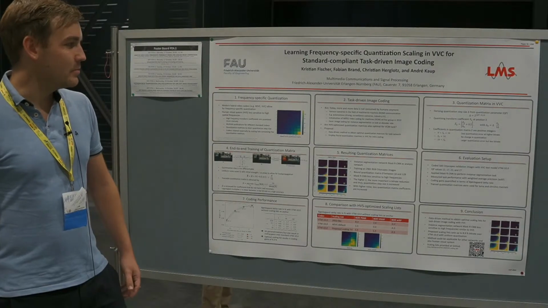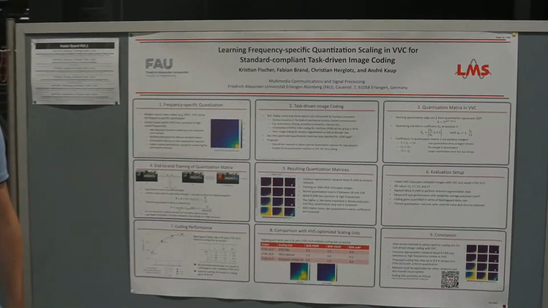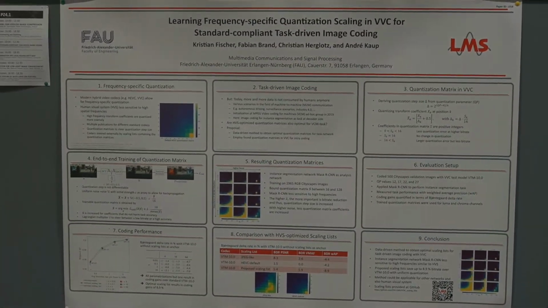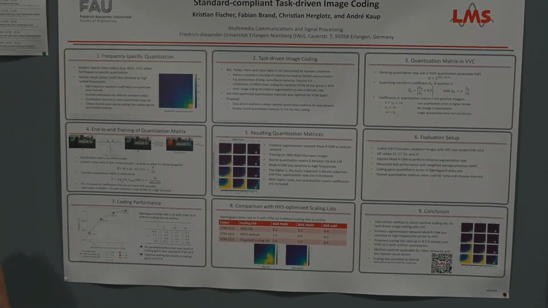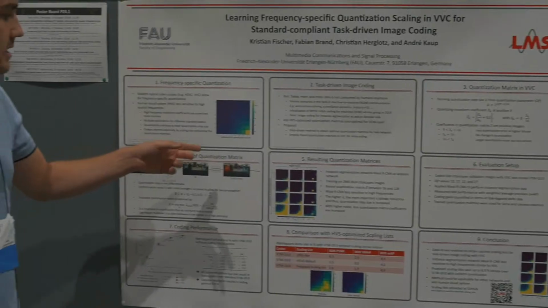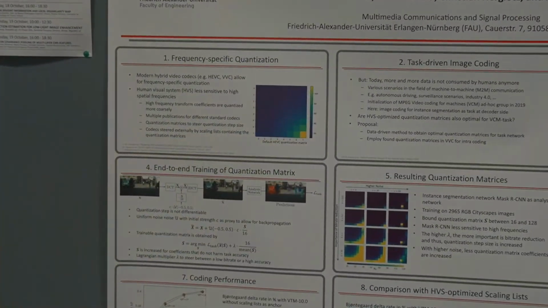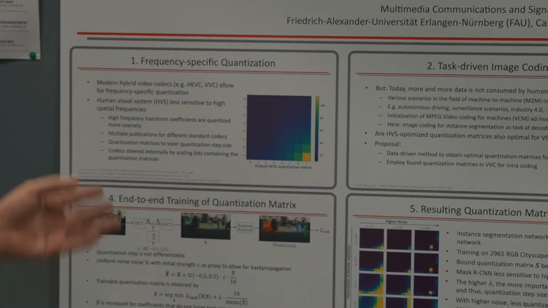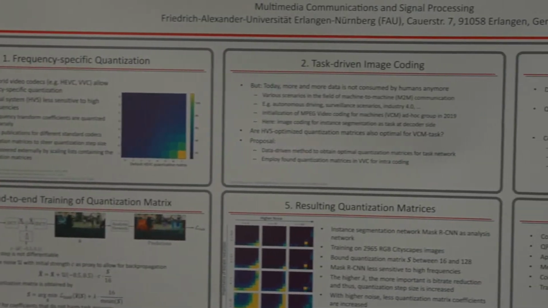So hi, what we did was we were trying to optimize the VVC for the field of video coding for machines. And for the traditional optimization for the human visual system, there is this concept called frequency-specific quantization, where you are quantizing the higher frequency components more coarsely in order to reduce the bitrate while not suffering any visual loss. So we try to transfer that principle to the task-driven image coding, so when a neural network is applied to